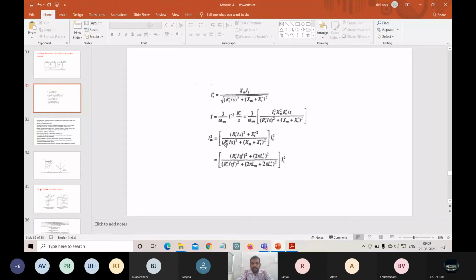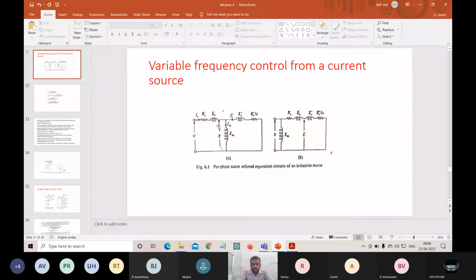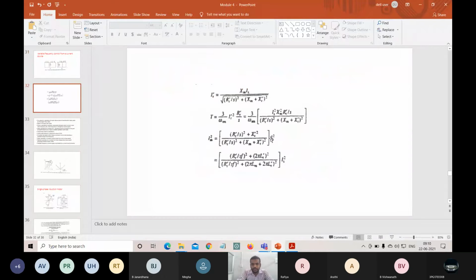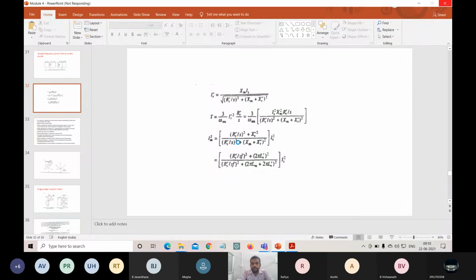Okay. And what is meant by the mutual current, the current that is flowing through the mutual inductance? We have to calculate the current flowing through the mutual inductance, IM. How are we going to calculate IM? You can use KCL at any node. Here IM is equal to the sum of current entering the junction, which is equal to the sum of current flowing out of the junction. So we can use that. IM square is equal to, so this is the whole thing, (RR dash by S plus XR dash) whole square plus the total impedance.